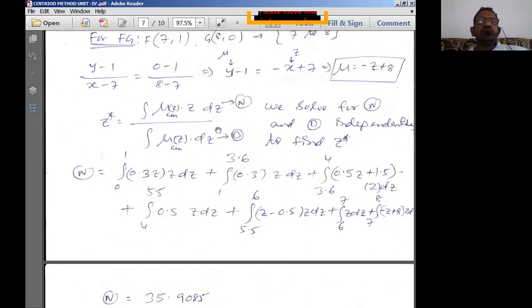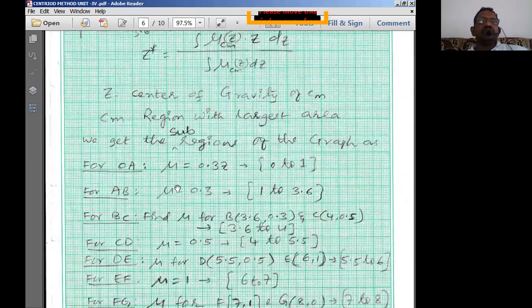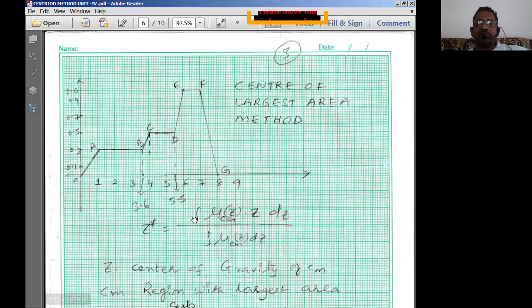So whenever you have such sub-regions, try to work with graph paper. Why? Because see here, we're getting 3.6, sometimes we get 3.8, sometimes we get 3.9. So like that, values in very close proximity we're going to get. These values you cannot locate when you simply draw on a piece of white paper. So try to draw these kinds of graphs on graph paper so that you get an appropriate solution. Okay, so this is one example of this.